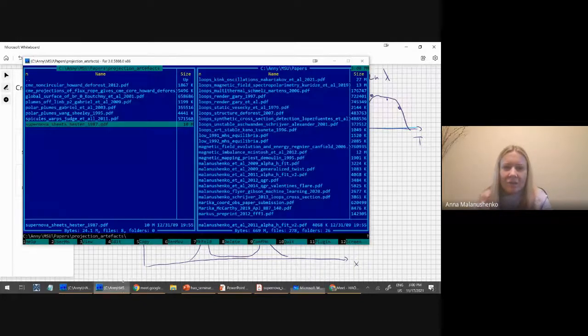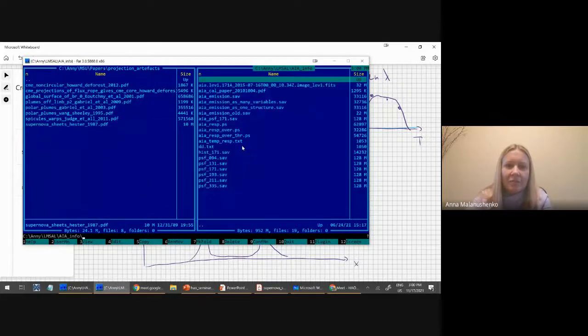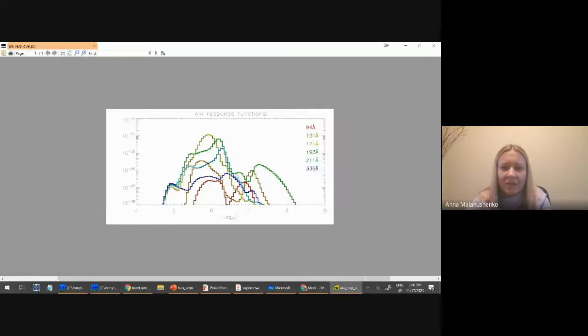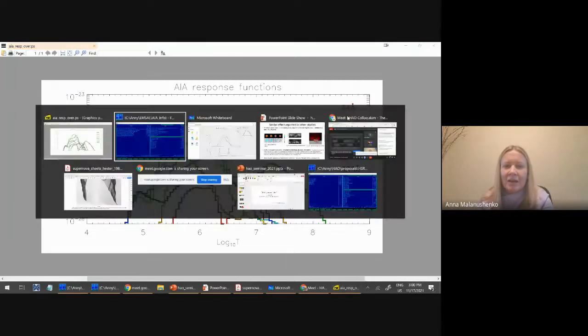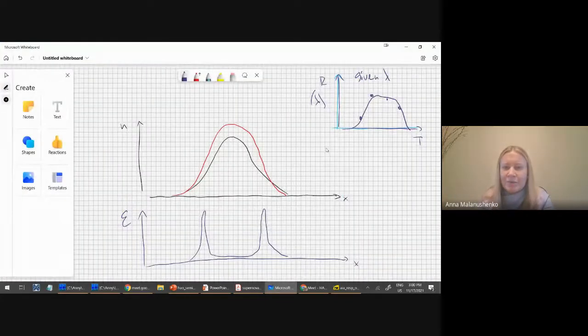I think I actually have some of those plots for AIA. So the x-axis is the logarithm of temperature, and the y-axis is basically how much light would be emitted by a chunk of plasma heated to this temperature at this particular wavelength. This is the response function R(T).